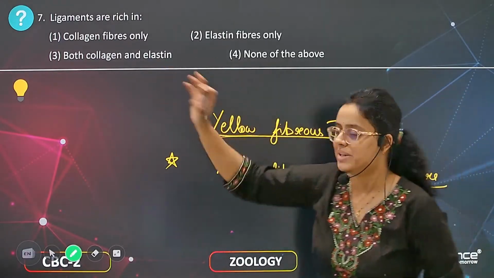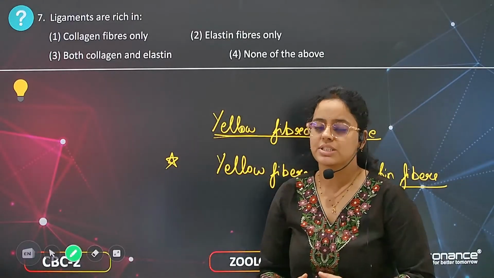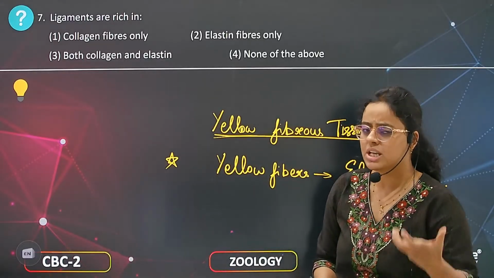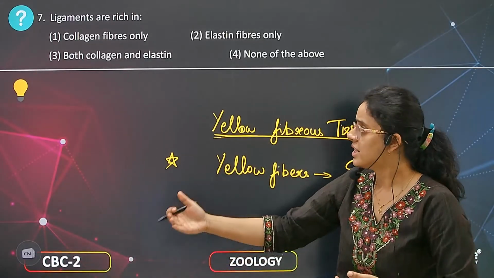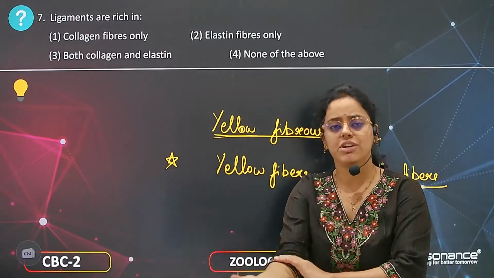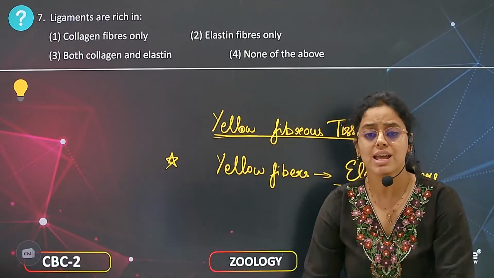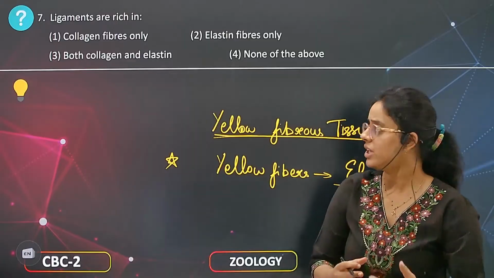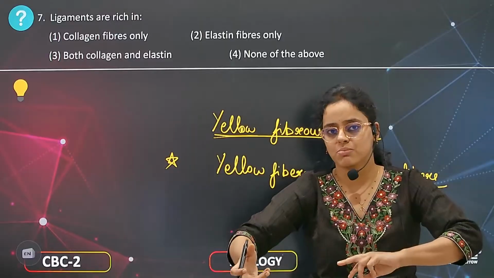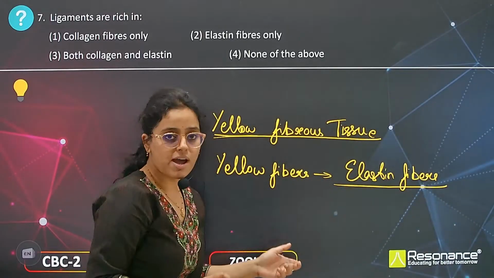So ligaments are made up of elastin fibers and they have a large amount of matrix. And what is the role of ligament? In the previous slide we discussed that ligaments connect bone to bone. So they are present basically in every joint: in the wrist joint, elbow joint, shoulder joint, knee joint, ankle joint, hip joint. Every joint has ligaments. Why? Because one bone is connected to the other bone by ligaments, and these ligaments are made up of yellow fibers,